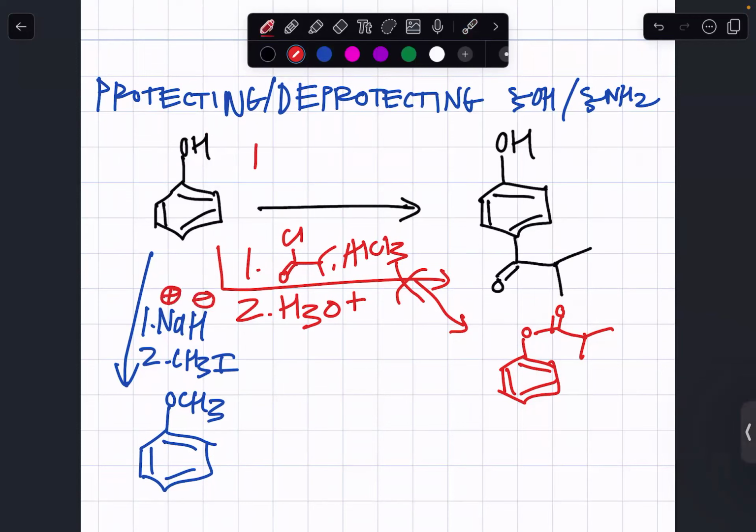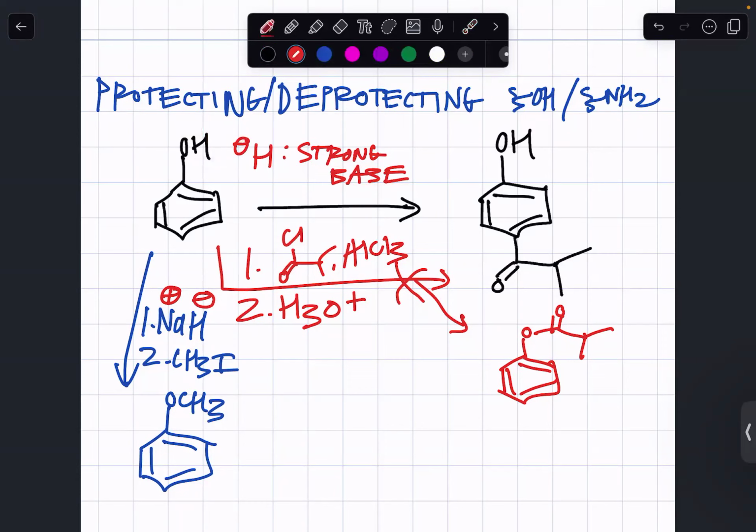The H is a very strong base. So if it's a strong base, it's gonna look for the most acidic hydrogen, which is gonna be this alcohol hydrogen right here. So it's gonna deprotonate that alcohol